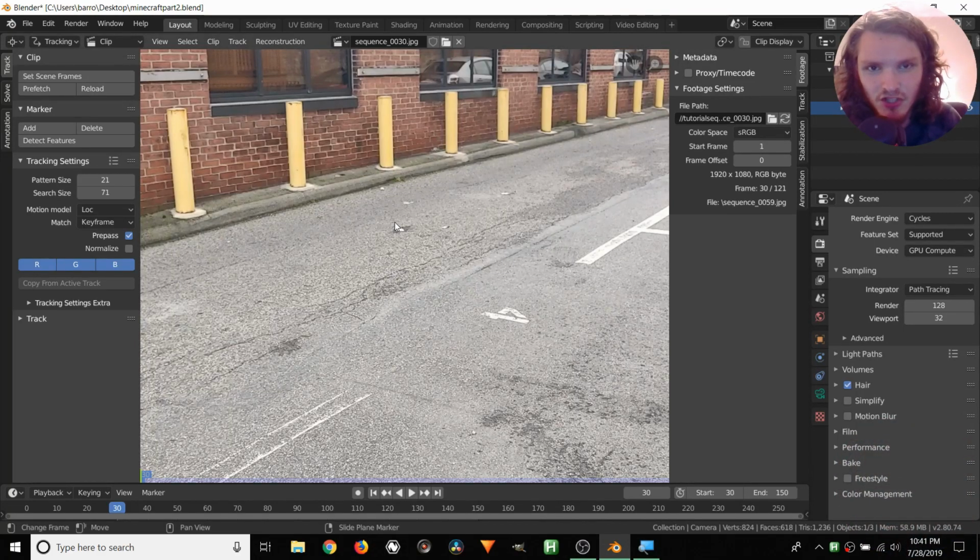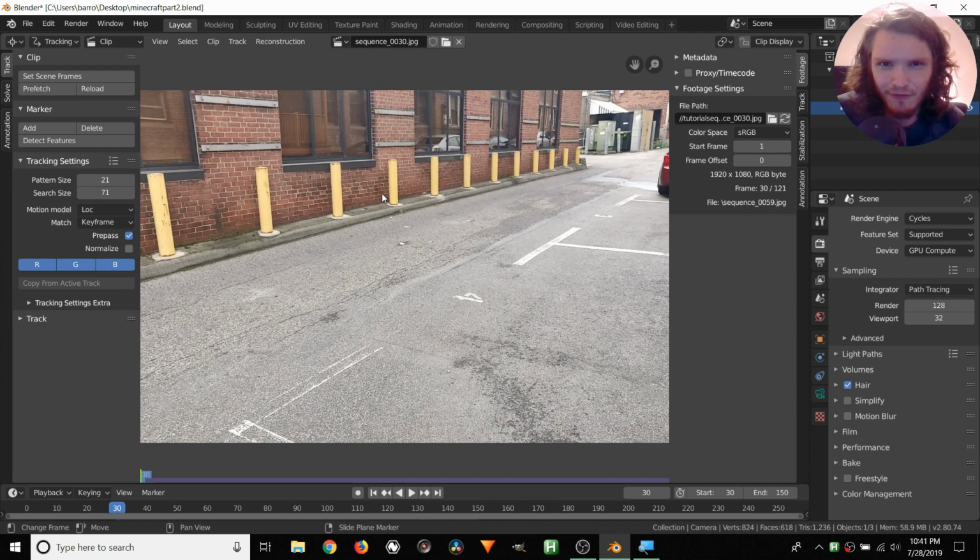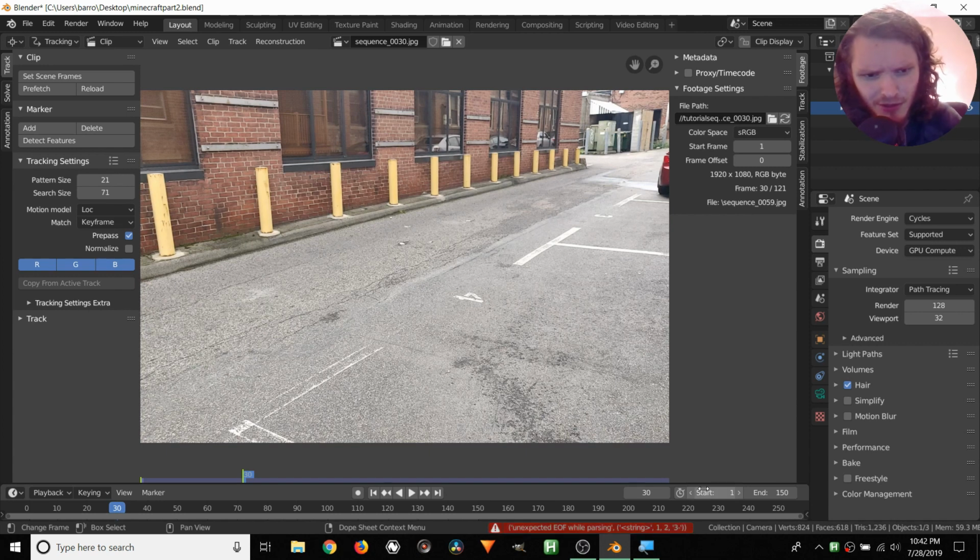And even though this starts on the 30th frame, what we can do is set that to start on frame 1. So the 30th frame is the first frame of this project, if you know what I mean. We're basically offsetting it. To do that, we can either manually type in start at frame 1 and end at frame whatever, 120 I think. But instead, we're going to have Blender automatically do this for us by hitting set scene frames. So now we're going from 1 to 121. I guess there are 121 frames, not 120.